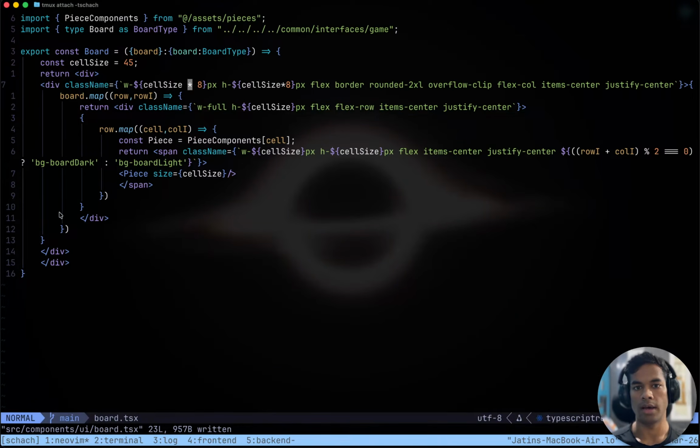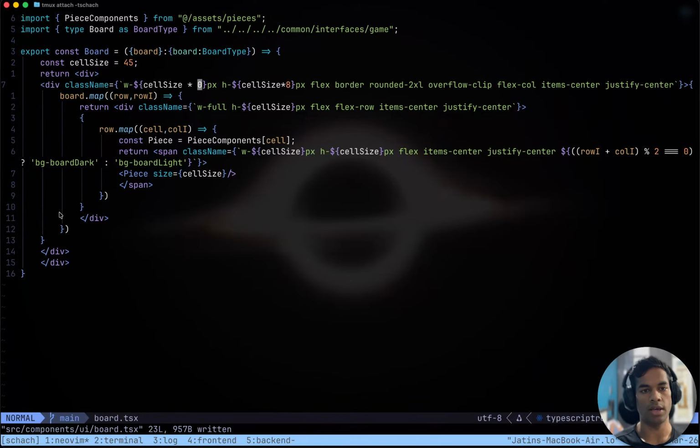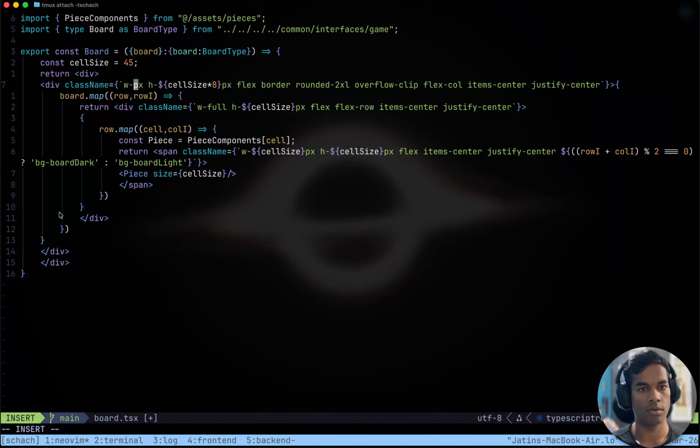Yep, and the height and width. We have given the height and width for this div, so why was this too big? Items center, justify content. We have explicitly given what the width of this thing should be. If we make this 0, then still we do have elements here, so width is not working somehow.